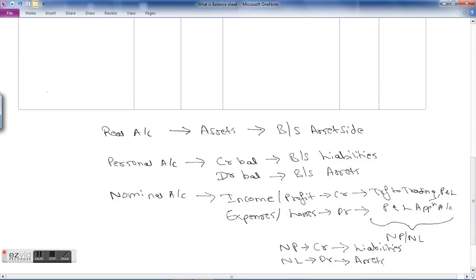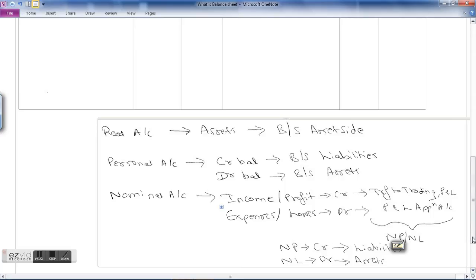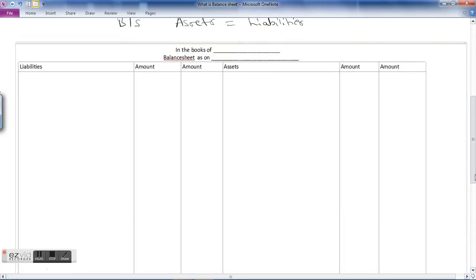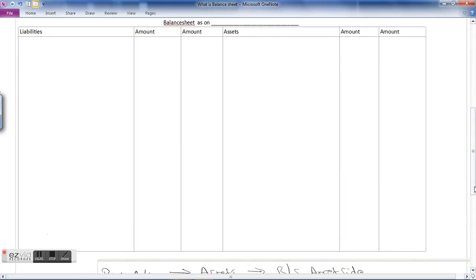So in this way, all types of account, that is real account, personal account and nominal account, are included in your balance sheet. Okay, now let's see all the individual items which will be included in the balance sheet one by one. Okay, first we'll be starting with the assets account. Now if you see the ledger account,